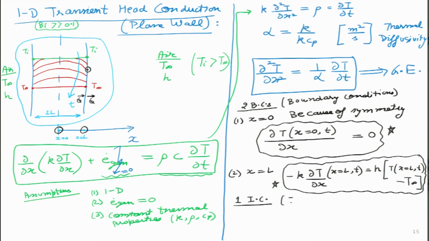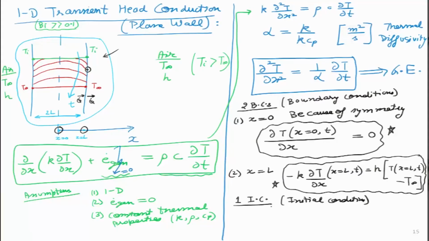And one we need initial condition. And this we can clearly see from this diagram over here that we have ourselves defined that the whole plane wall was at some temperature Ti initially. So how do I write this statement in terms of mathematics? I say throughout the wall, which means all x at time t equals 0, is simply some constant Ti. So this is my initial condition over here.